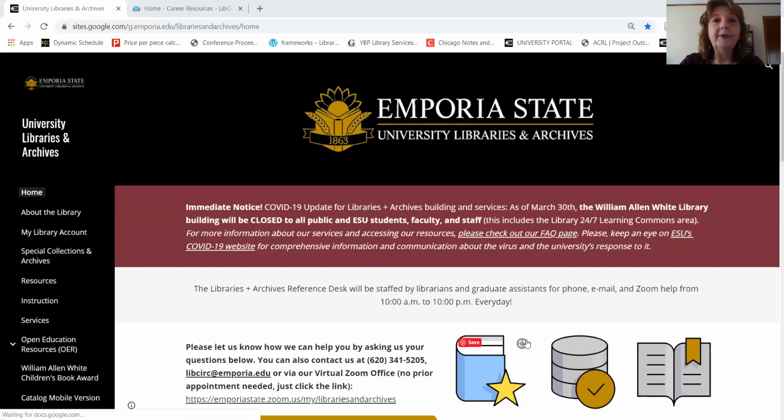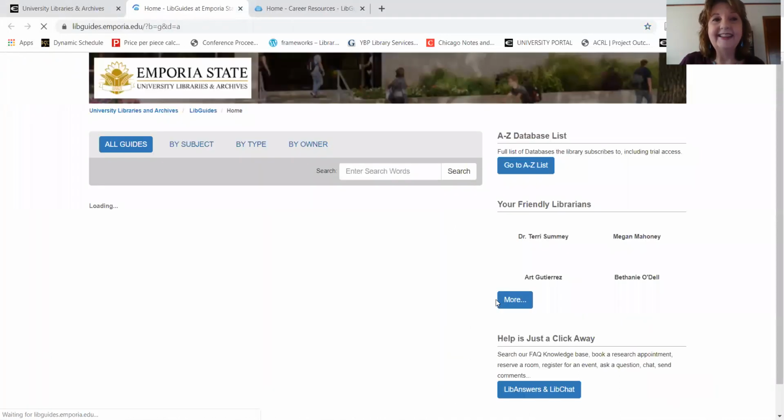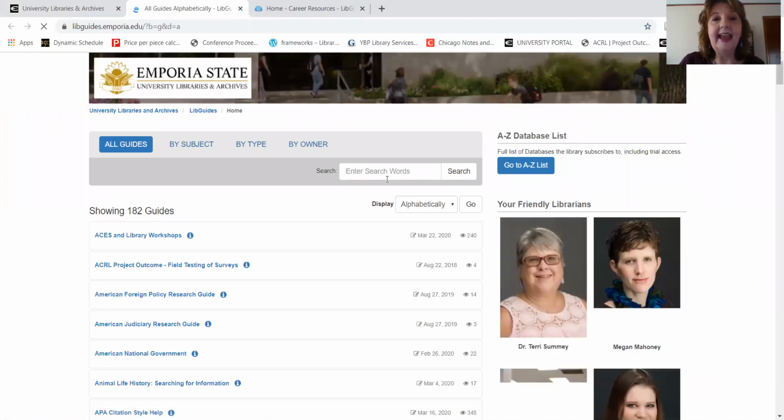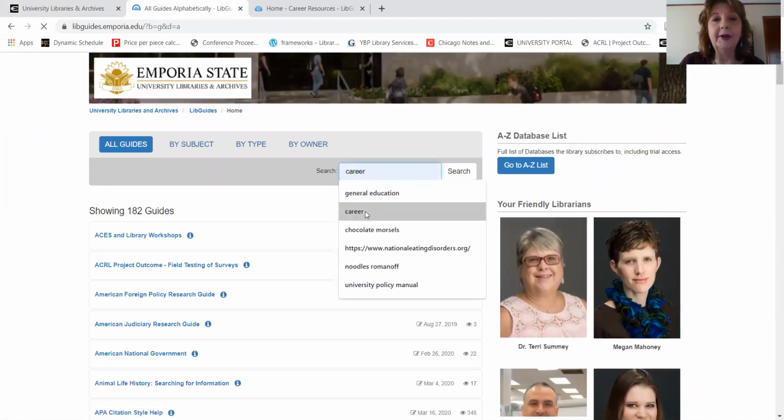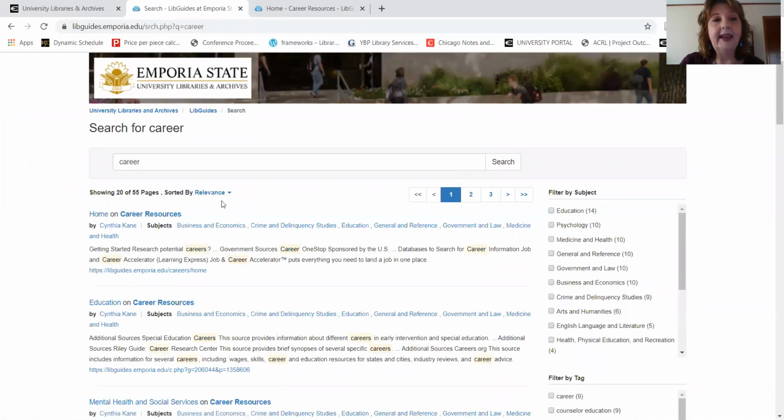Now you'll notice that I am starting with the library's webpage. And you know that you can get directly to the library's webpage by going to www.emporia.edu/library. And that's where I am right now. If you were to scroll down to the link or the icon that says Research Guides, and if you search by the word career and click on this link,